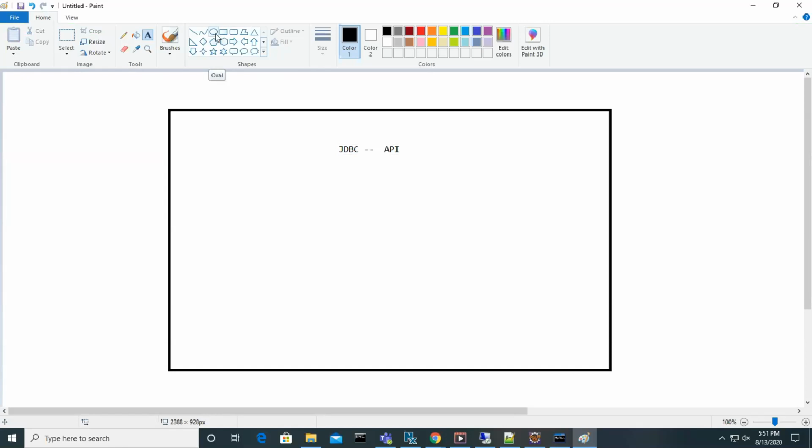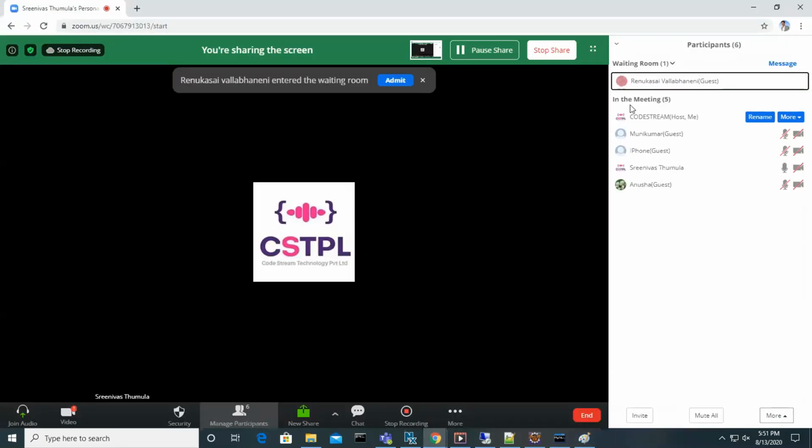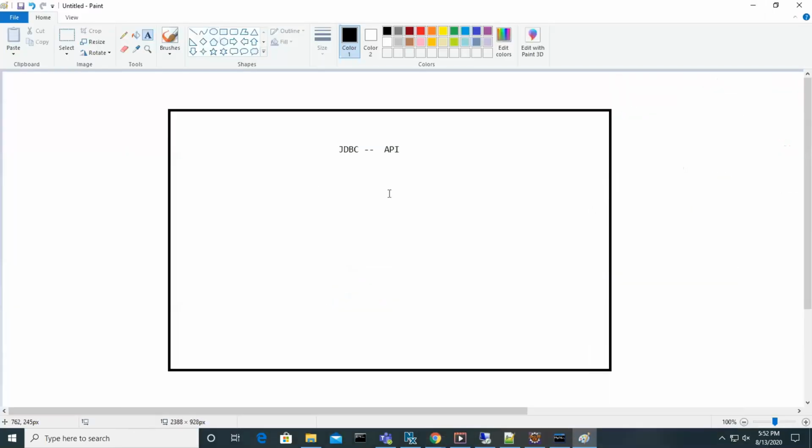If you get the idea of how to implement all those things, then we can say that is an API. That API you are going to use for that solution, right?